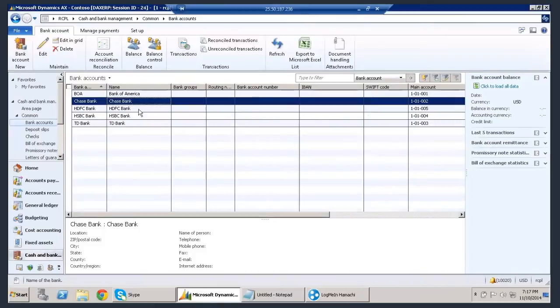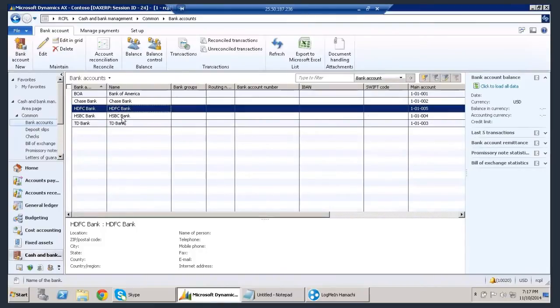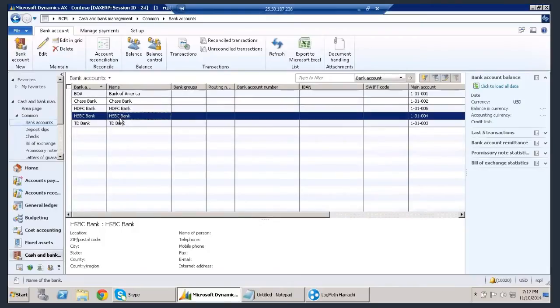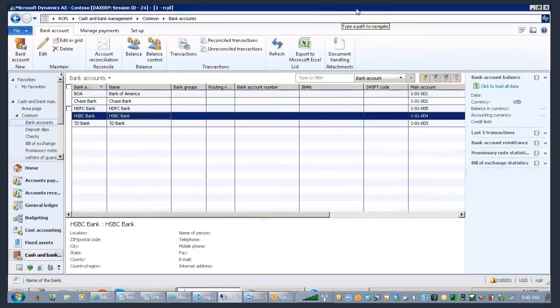Suppose in the company where you're implementing, they are having HSBC Bank with different branches, but same bank. Are you going to associate the main account to all the branches of the same bank? Did you understand what I'm trying to ask?